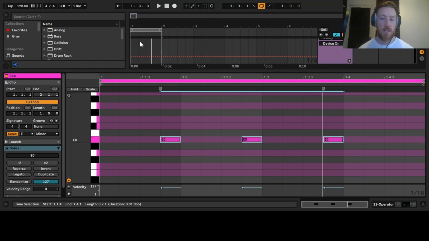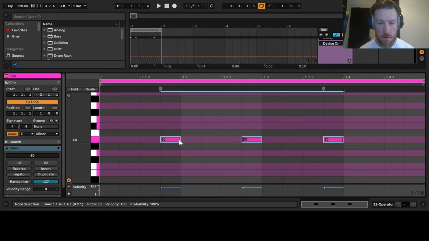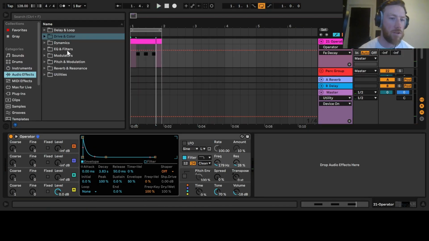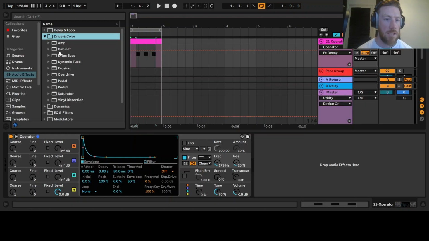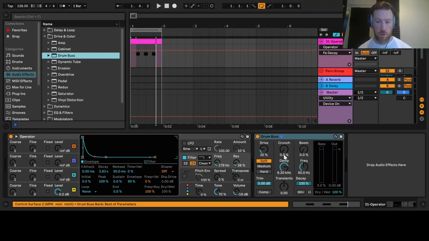It's a small accumulation of things like this that you do to get a great bass line. So I'm just going to extend these notes so you can hear it a bit more. See? And how can I make that noise better? Again in Ableton, if you go into your effects on the side, some sort of saturation always helps. In this case, what I found is a drum bus, actually a drum saturator, helps a lot. So if you just drag that on,